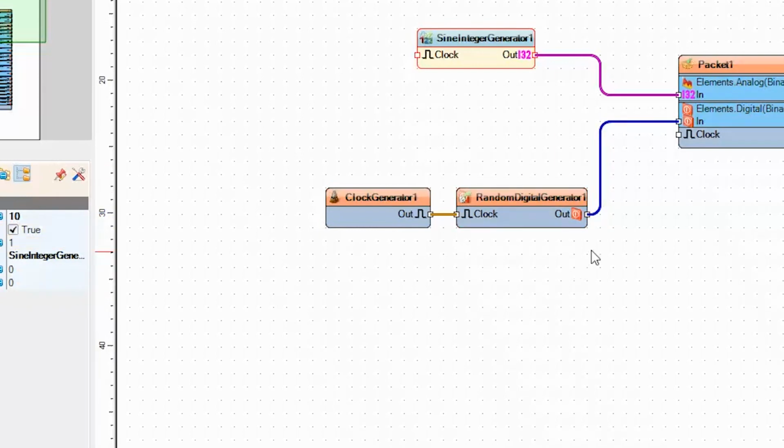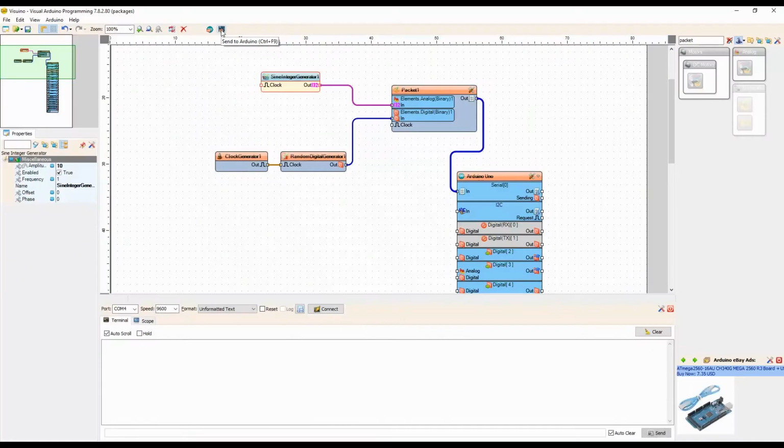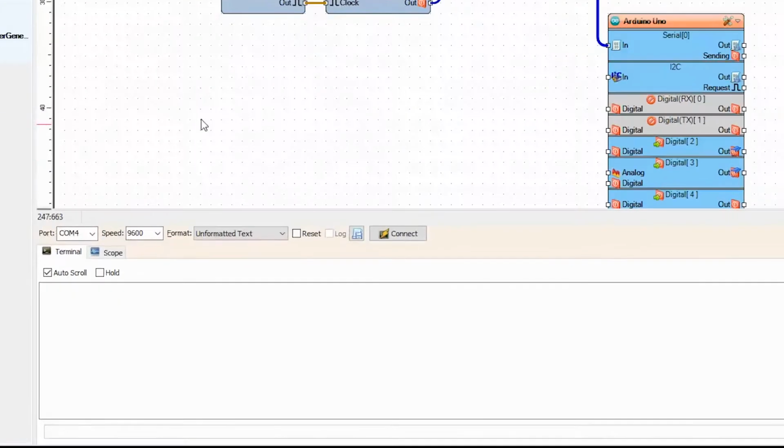For the digital one, I just randomly generate a digital, and I connected the clock, that way it will be on a certain interval. To do that, it will not be too frequent. So I try to run this right now on Arduino, and we'll see what happens. The nice thing about